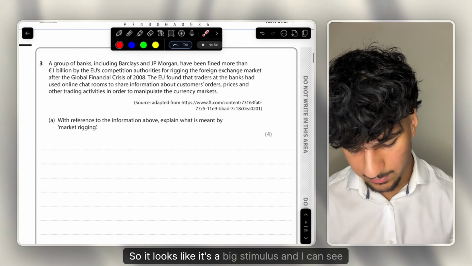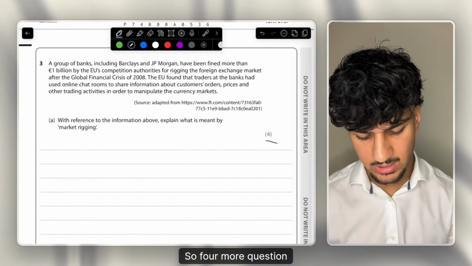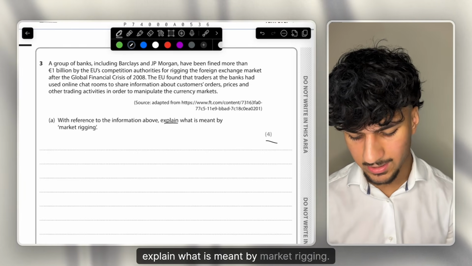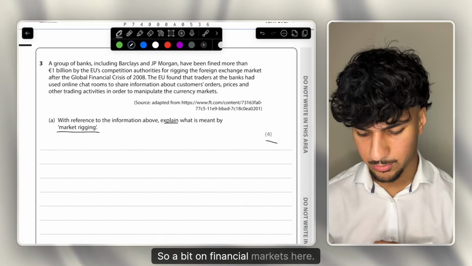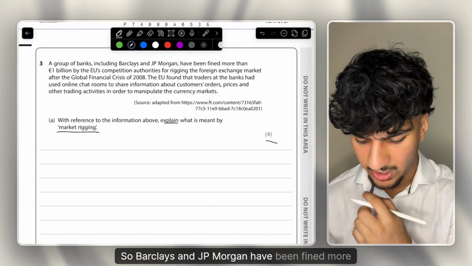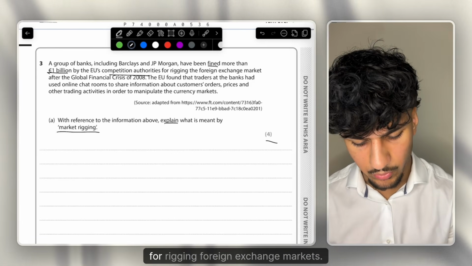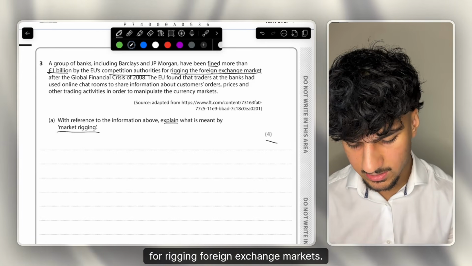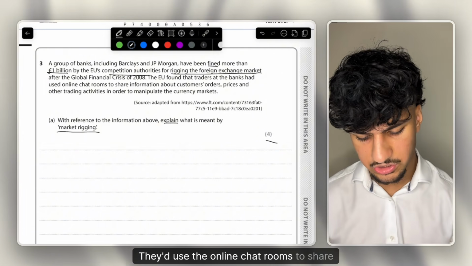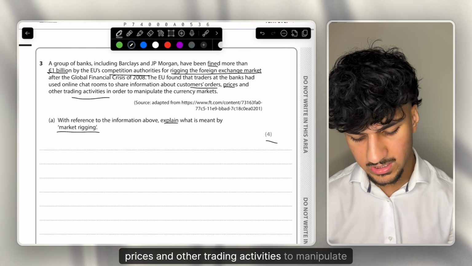So it looks like it's a big stimulus, and I can see the question straight away. It's on market rigging. So 4-mark question, explain what is meant by market rigging. So a bit on financial markets here. Let's have a read of the stimulus. Barclays and JP Morgan have been fined more than 1 billion by the EU CMA for rigging foreign exchange markets. They used online chat rooms to share information about customers' orders, prices, and other trading activities to manipulate